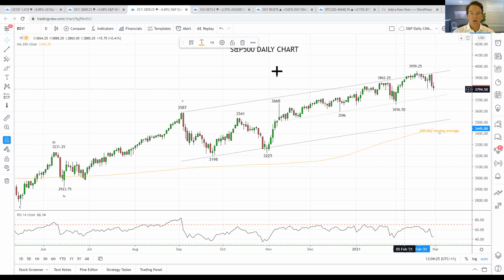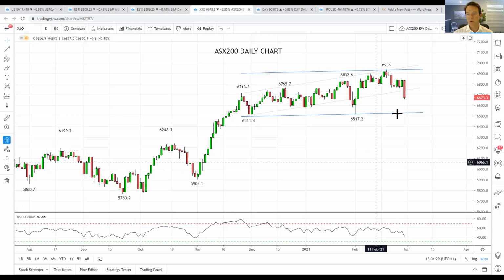Moving to the local stock market, the ASX 200, an interesting week for the ASX 200. It has been very similar to the S&P 500, a process of 2 steps forward, 1 step back in this ascending trend channel, the lighter channel you can see here. However, the close on Friday was certainly dominated by heavy selling, and you can see now that it's closed below this trend channel support, in which case I am now looking towards the blue support line, this range, which is